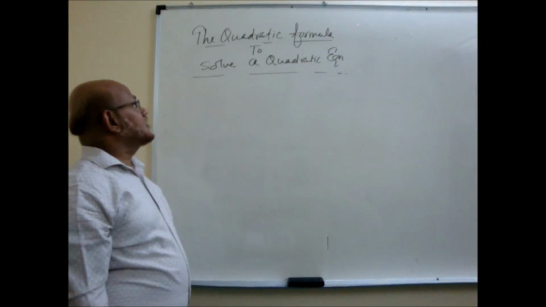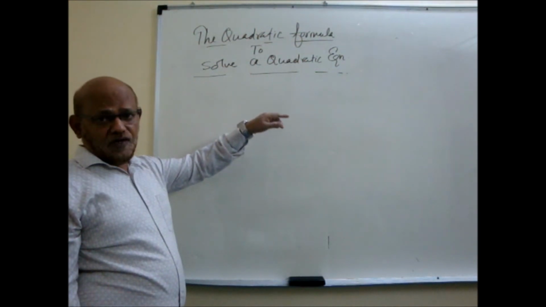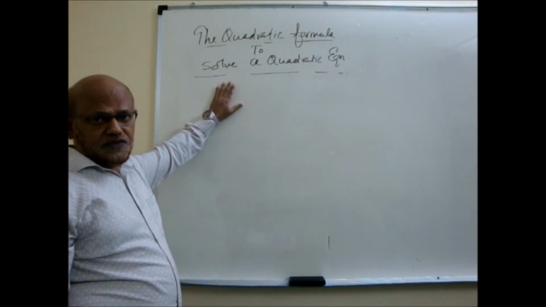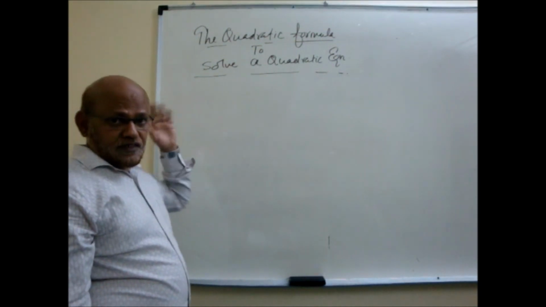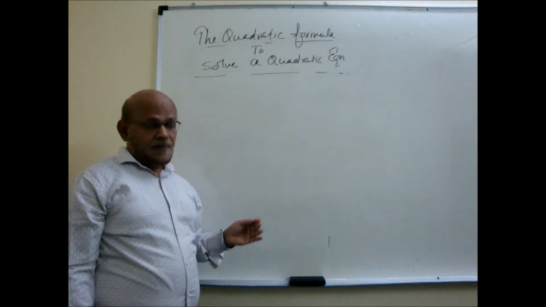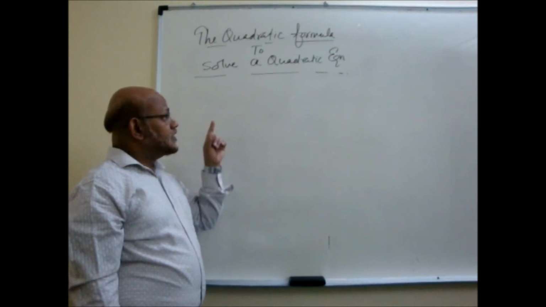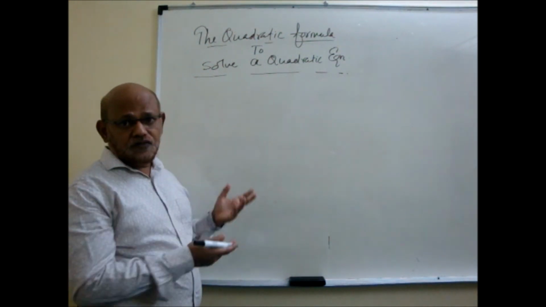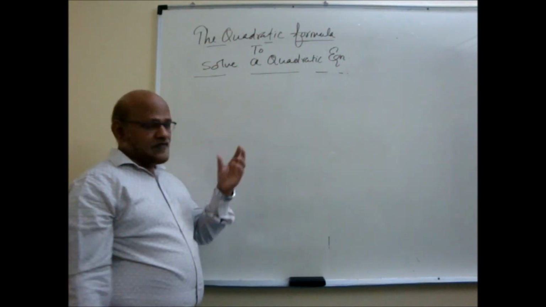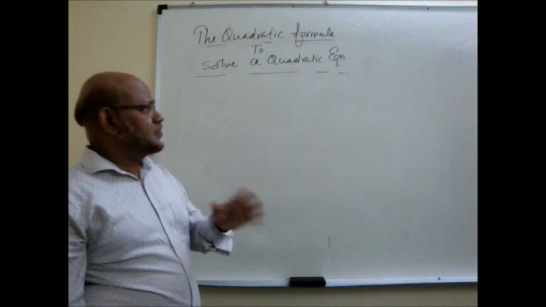So the next method of solving is applying a formula called the quadratic formula to solve any quadratic equation. This formula is nothing but our completing the square method, when applied to a general quadratic equation, you obtain the formula. Just for interest, let us learn how this formula is obtained. When the formula is obtained, our solution is in capsule form, so we will get the solution directly.